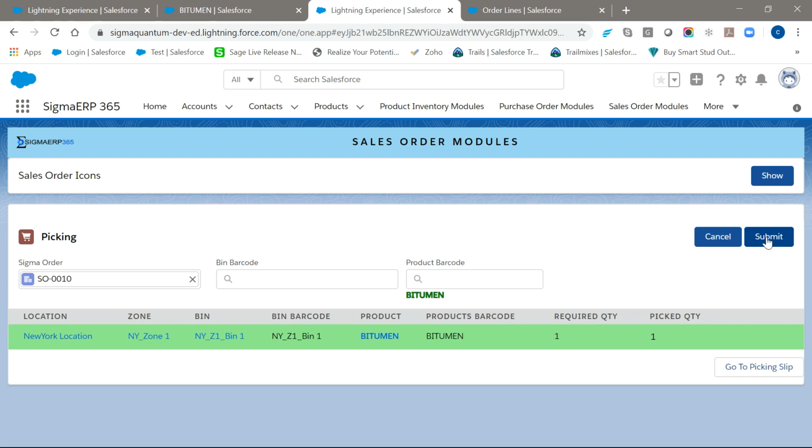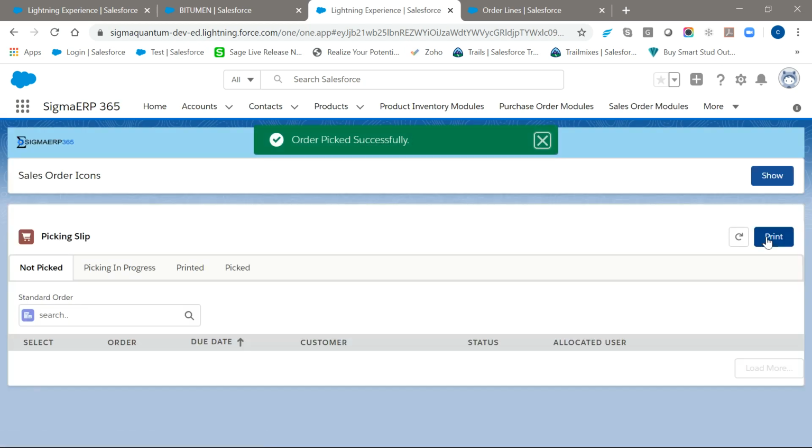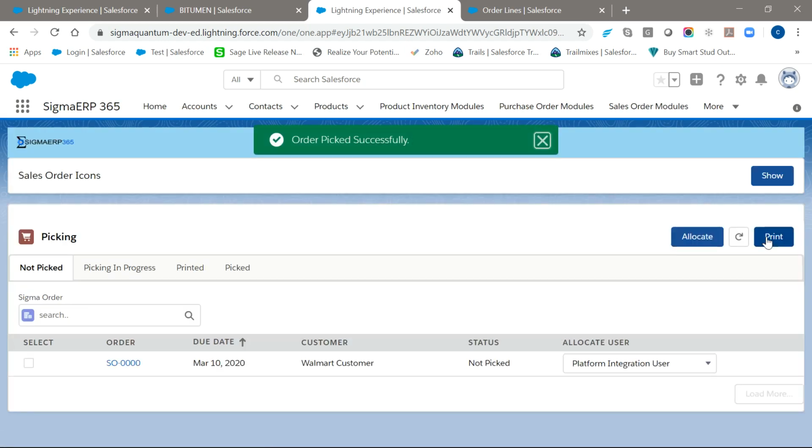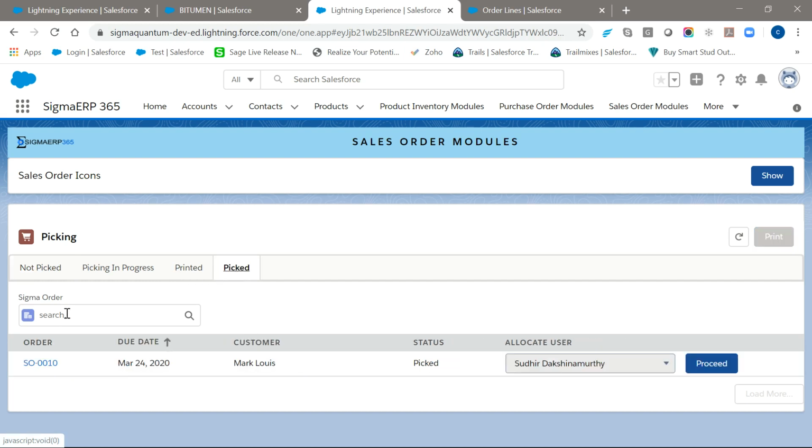This applies if two categories or levels of inventory are being managed by the business, which is sometimes not mandatory. If the bins are not being used, we can just highlight it with the inventory location. We can just associate the barcode with the location and track based on that. As the picking is done, we can find the order on the picked tab. And from here I can proceed to package with one click.